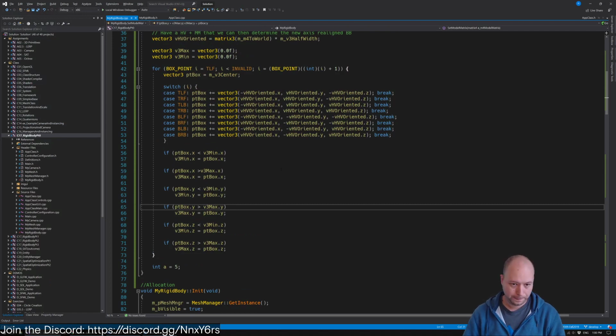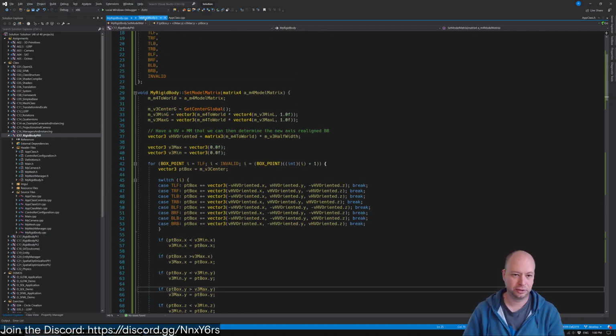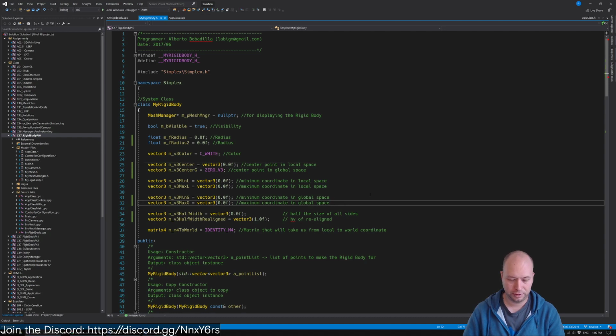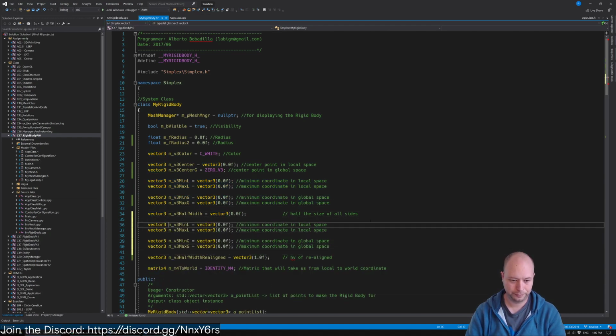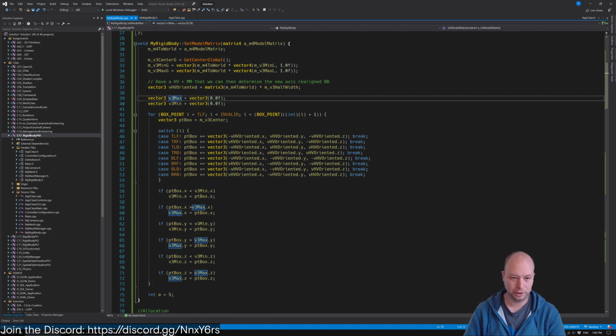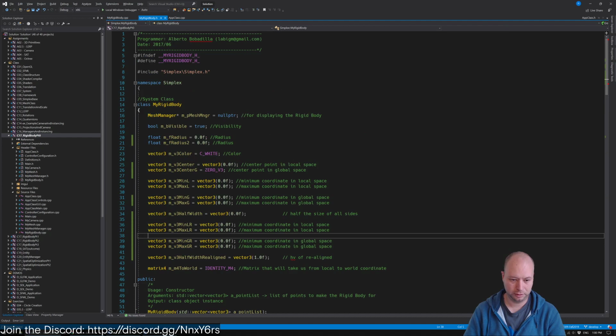So what do we do now? Now we've got a new oriented half vector and a new maximum and minimum point. And so we kind of just have to replicate everything. We have the min L, max L, all that stuff, and we have this realigned. And so we just have to do that. Let's call it R. I'm going to use a little trick here, I'm just going to copy the